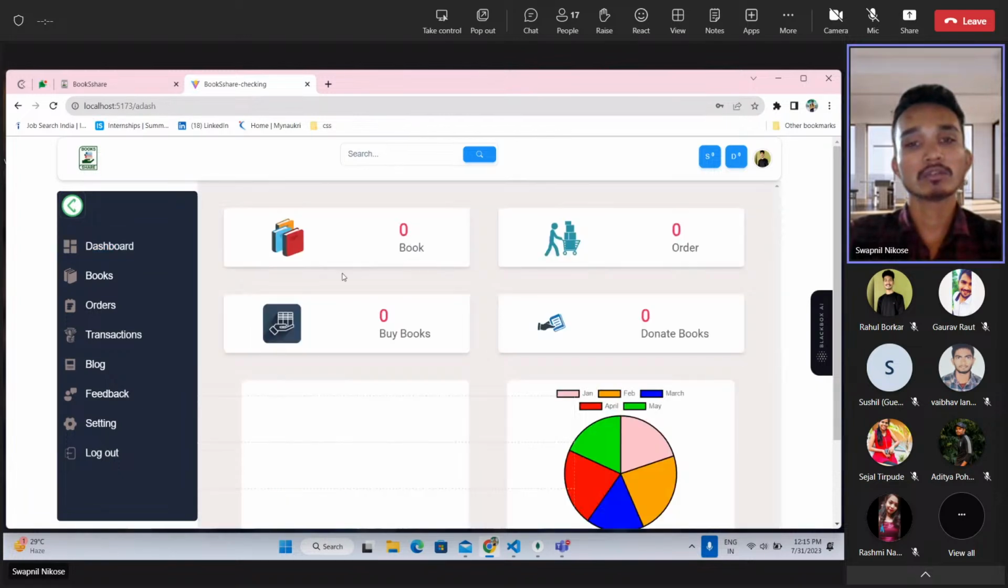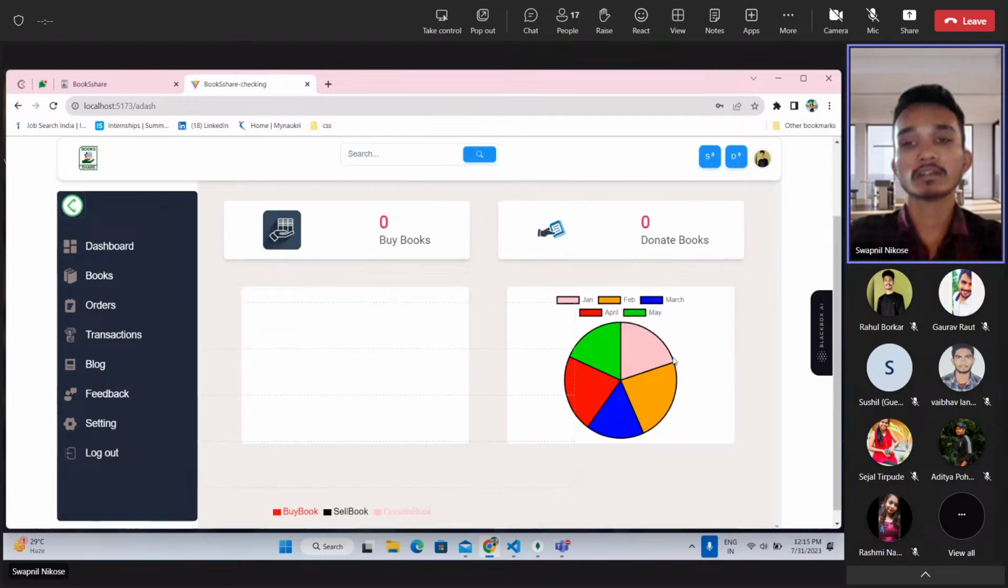Here it is the dashboard. We didn't add any books, so it will be showing the default 0. And we just created one visualization showing the data all over, so we can get the default price. In that it's showing the progress